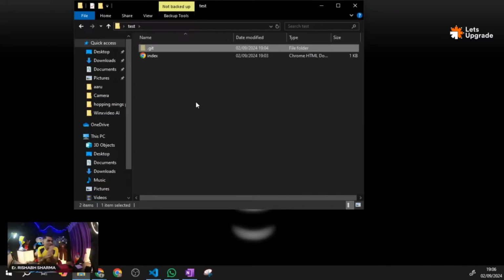Okay then, if it is clear till now, I hope we are good to go with what is Git, what is version control, how Git works, and how we can initialize Git on our computer. यहाँ तक anybody any doubts?